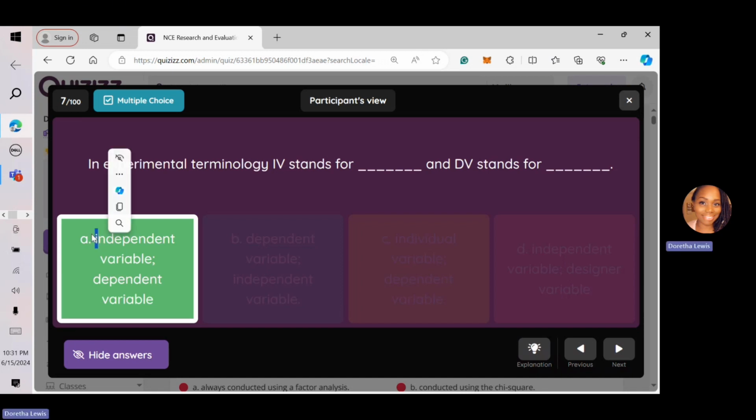I'm introducing something to this group, right? And then I'm going to see if whatever I introduce or manipulate to that group, will that group have a significant response to what I do, right? To how I manipulate the group. So think about dependent variable as the data or outcome of my manipulation. It's still the same group, but it's almost like a before and after, right? This is also the cause and this is also the effect.